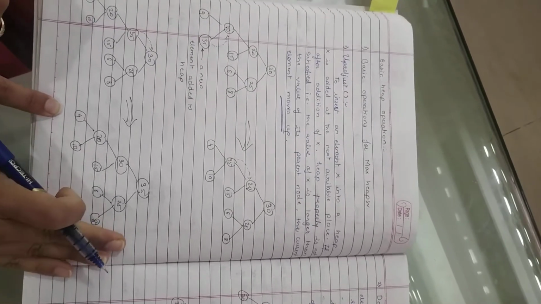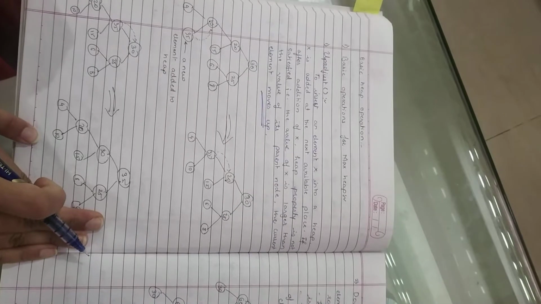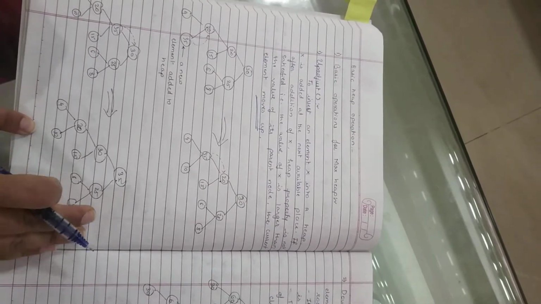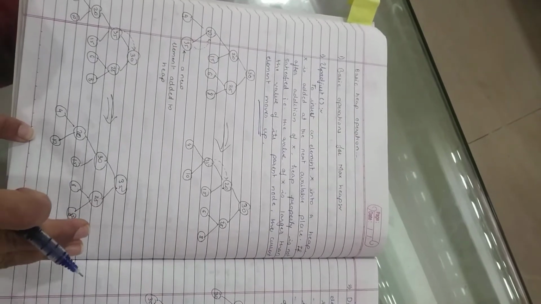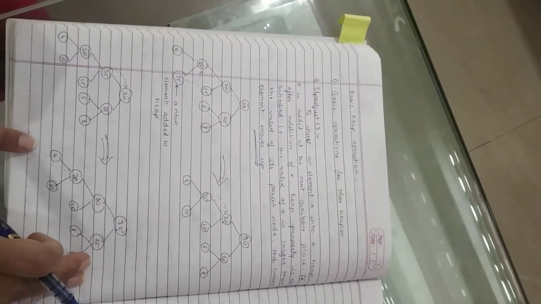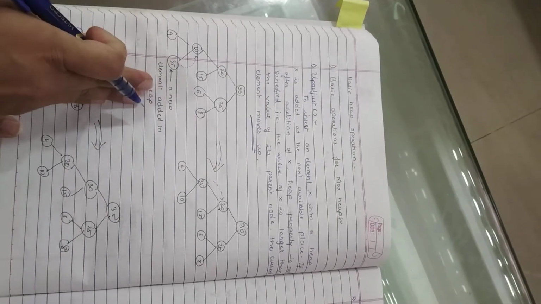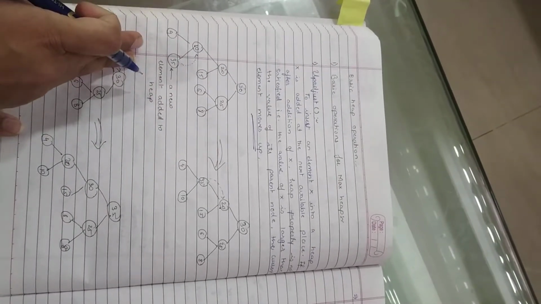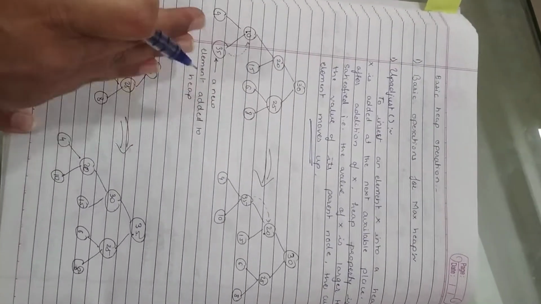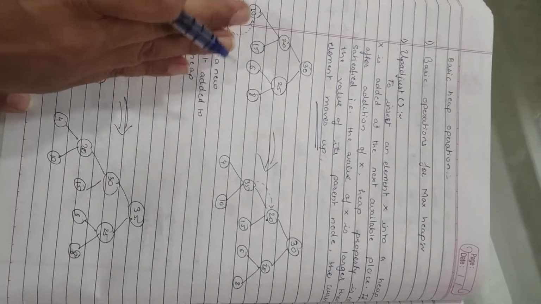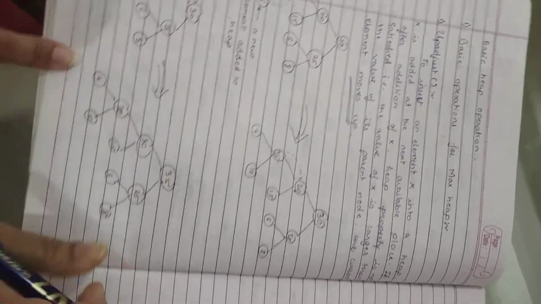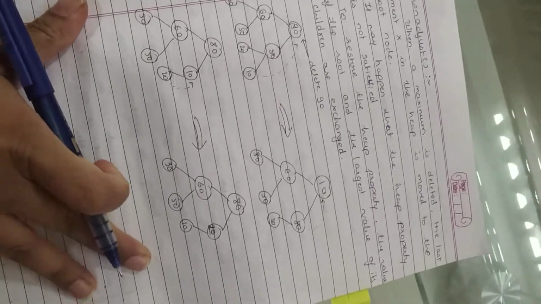That's why this is the final answer of the max heap in case of up adjustment. If you want to insert an element into your max heap, then you just insert that element at the next available location only, and then if that condition is not satisfied, just move that element up till you satisfy all the conditions. Now we will see down adjustment.